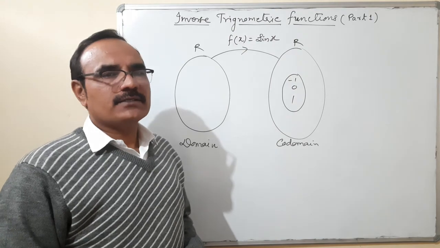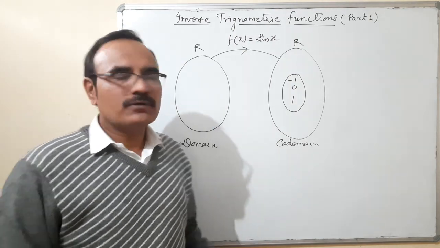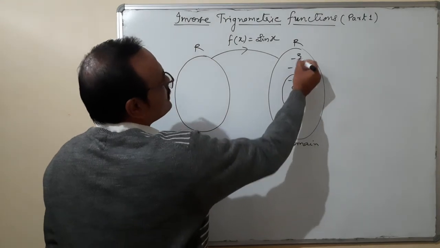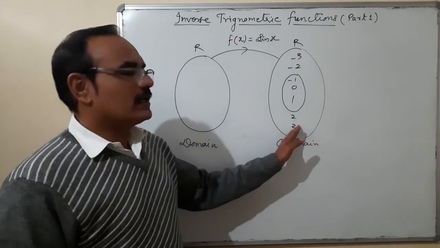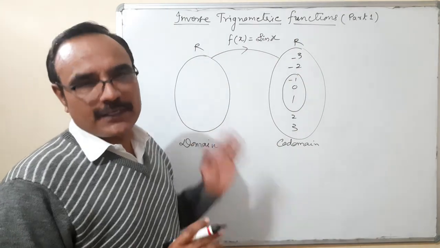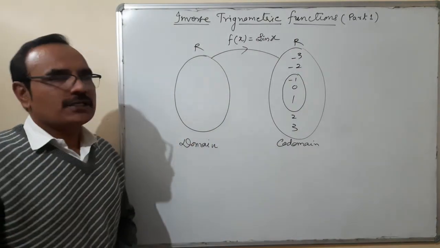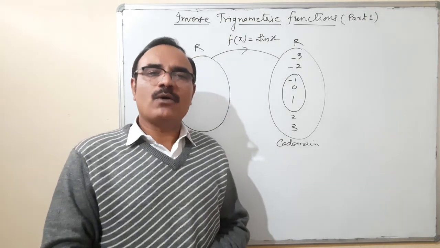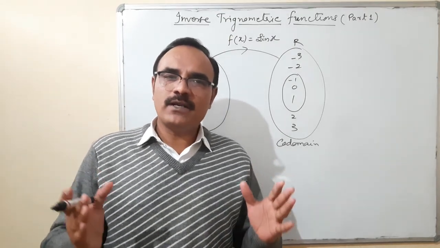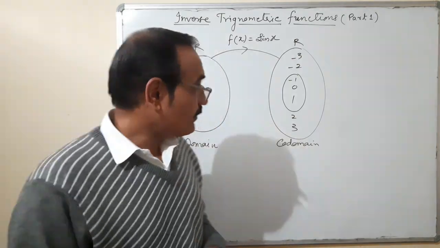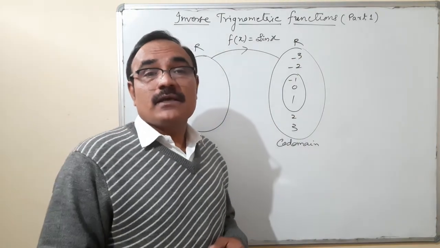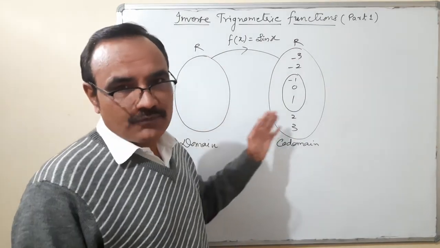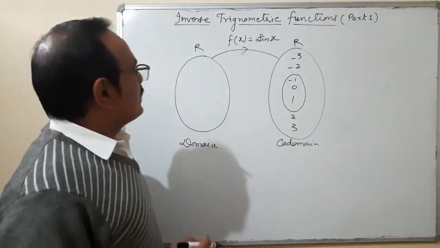Second, is it onto or into? It is into, because many elements like 2, 3, -2, -3 do not have any pre-image in the domain set. So this function is many-one into. And you know that a function is invertible only when it is one-one onto. So the question arises: how is the inverse trigonometric function used here, because it is not an invertible function? Now let us discuss